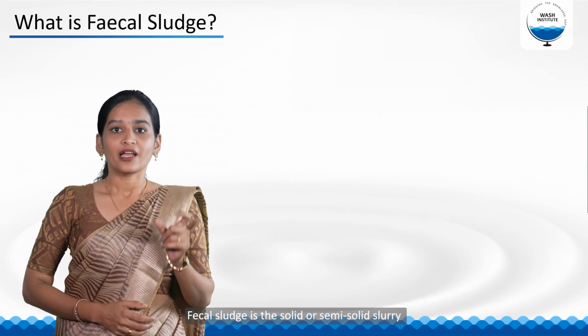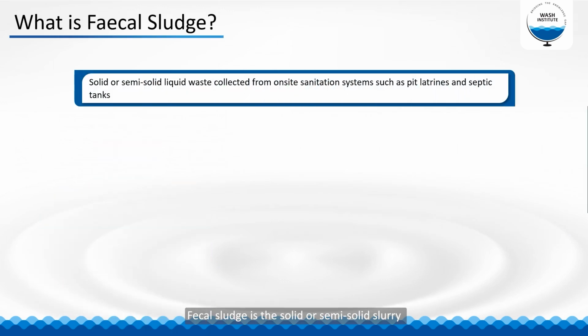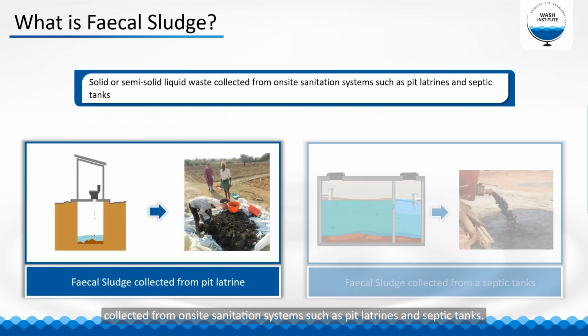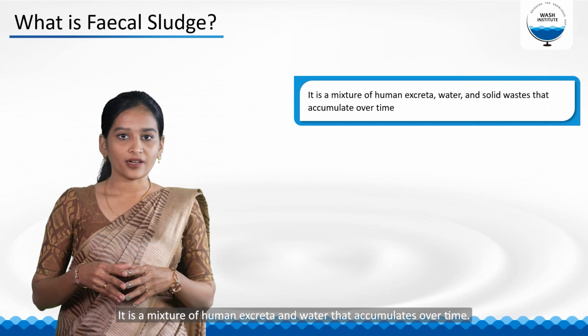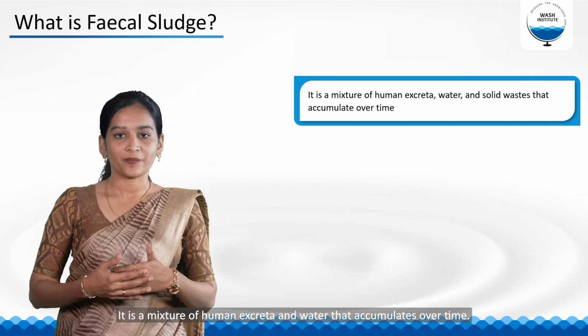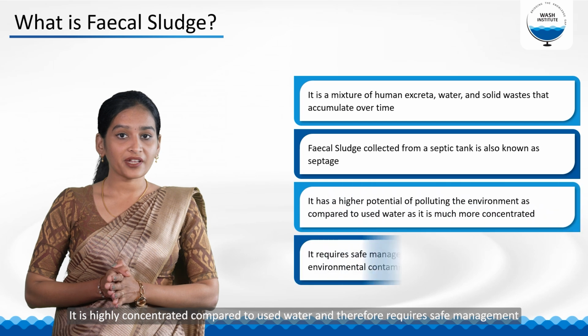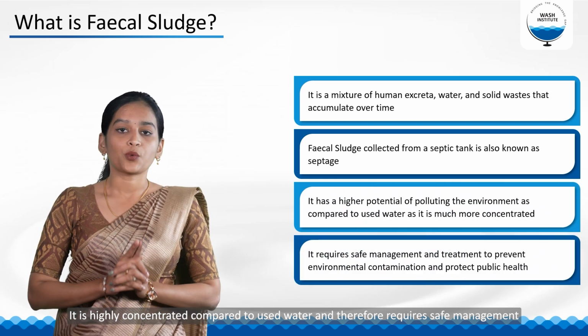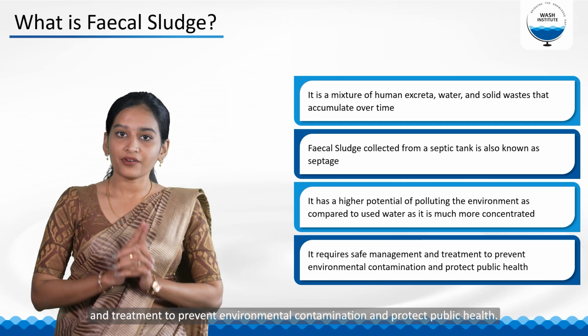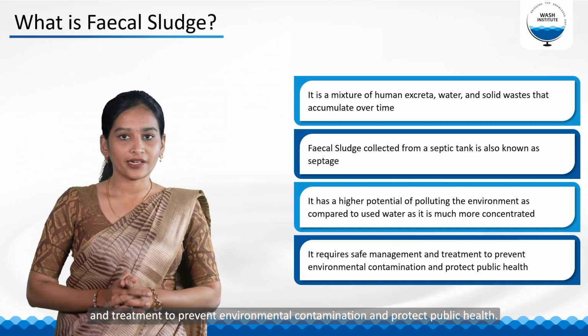Fecal sludge is the solid or semi-solid slurry collected from on-site sanitation systems such as pit latrines and septic tanks. It is a mixture of human excreta and water that accumulates over time. It is highly concentrated when compared to used water and therefore requires safe management and treatment to prevent environment contamination